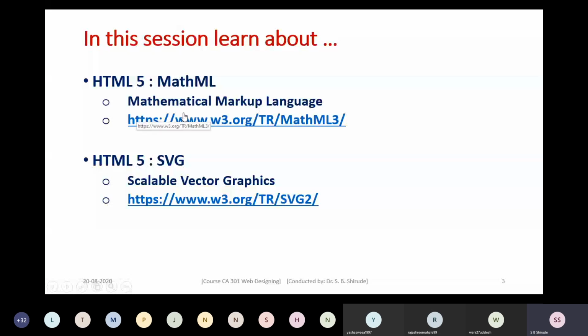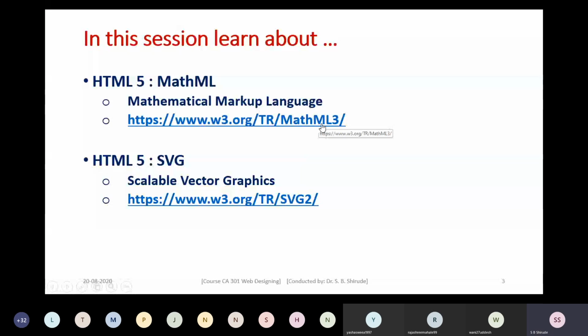To read the proper content about MathML, you should visit the website https://www.w3.org/tr/mathml3. You should visit this particular link, and there you will find all the details regarding MathML.